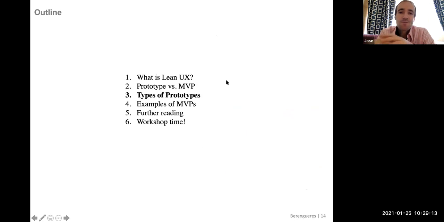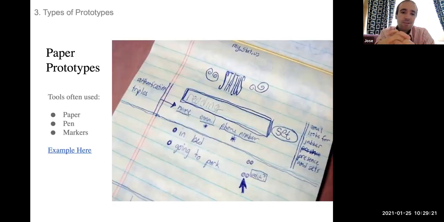It's very interesting. Another very interesting thing to know is the types of prototypes that we have. There are 4 types of prototypes. There's a thing called paper prototypes. This means that you are in a meeting, for example, discussing how to do this ice cream app. So how do you brainstorm this? The best way is to take a pencil and a paper and have a coffee, and you sketch the layout of the app.